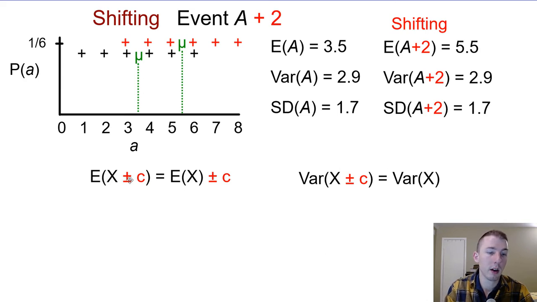So with the expected value, whenever we add or subtract a constant, it's just the expected value plus or minus that constant. The shifting just kind of pulls it out, and we simply add or subtract it to whatever the expected value of the event was. But whenever we add or subtract a constant, the variation remains the same, so therefore the standard deviation remains